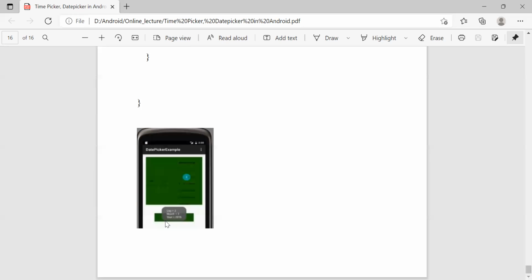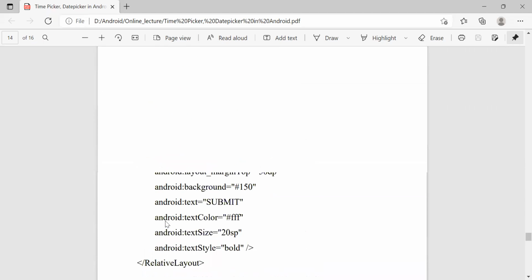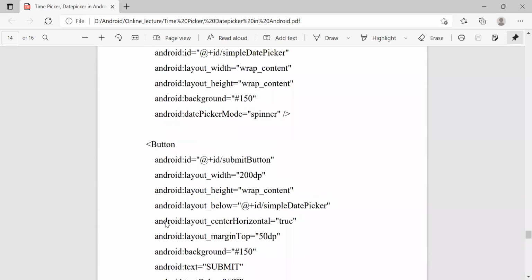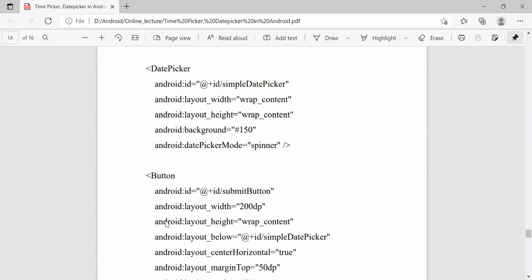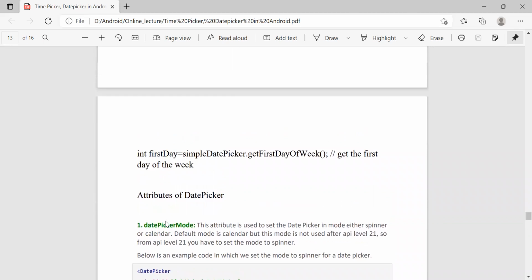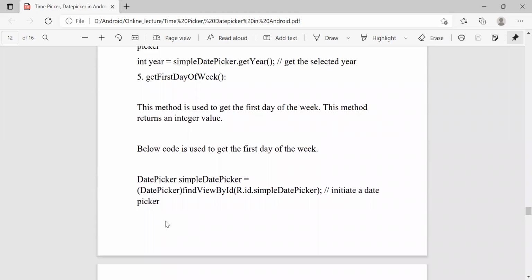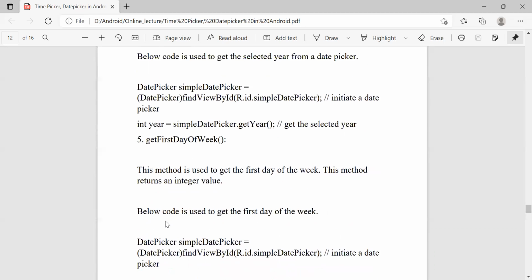So here we end with the date picker. We have seen time picker and date picker, both Android controls. I think you understand all these things. These are very common for us because all the methods and attributes we learned here, and the simple example we have seen. So for exam point of view, you can read all the attributes and methods, and you can practice the example that we have given in